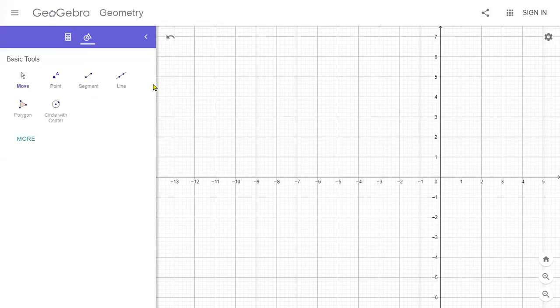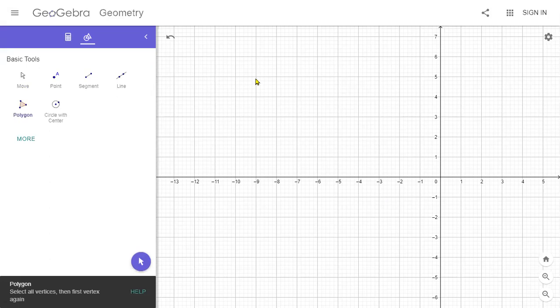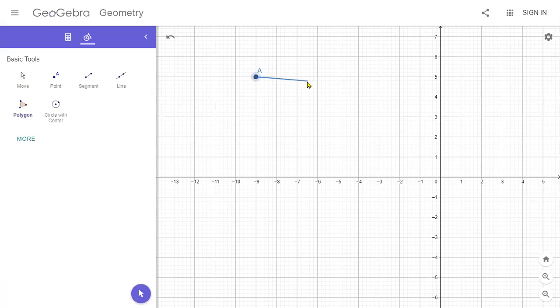For illustration, let me take one object on this graph. Let me take one pre-image. Let me make a triangle with these coordinates. I am going to take the triangle as the pre-image. Here a triangle ABC is taken. It is called the object, or we can say it is the pre-image.